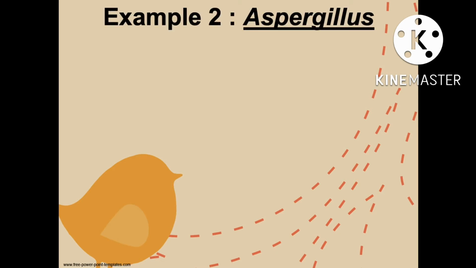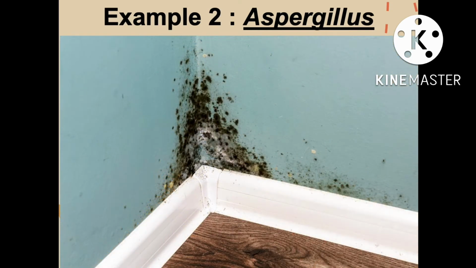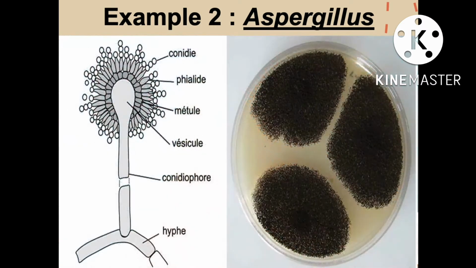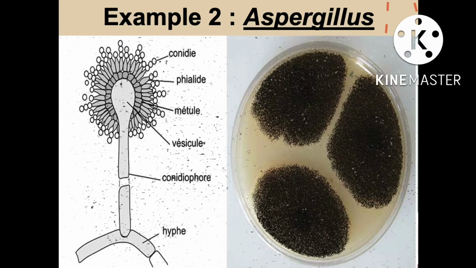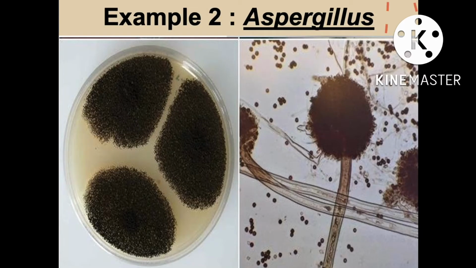Now, the second example is Aspergillus. The fungus is commonly called black smoky mold. Most of the species are saprotrophic and grow on dead organic material like dung, wood, bread, butter, suitcases, leather boots, jams, syrups, and the majority of other substratum. The fungus most commonly contaminates laboratory cultures and hence is called the weed of the laboratory.